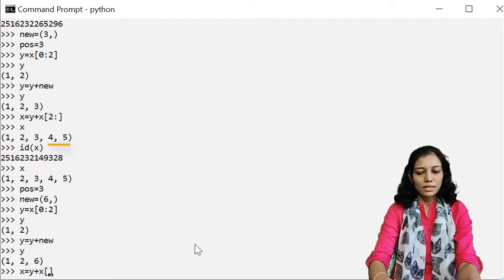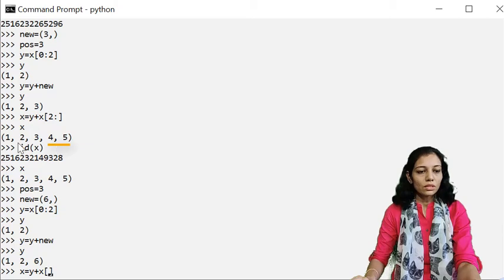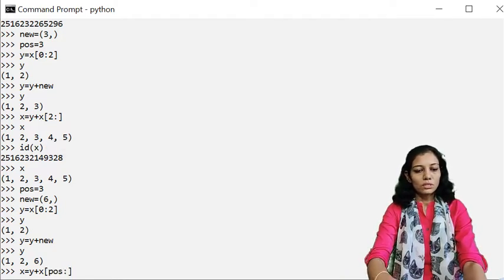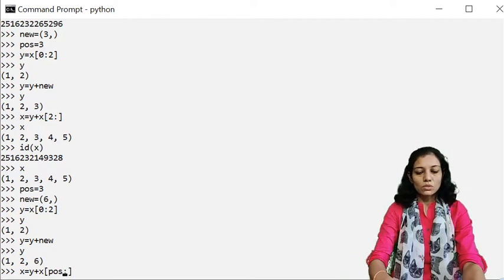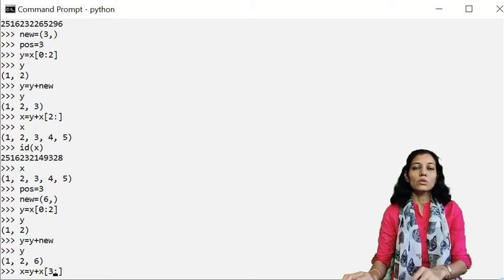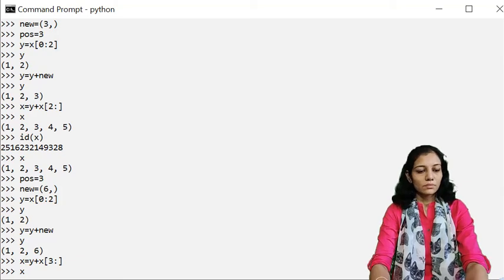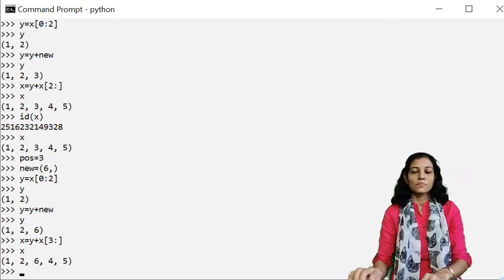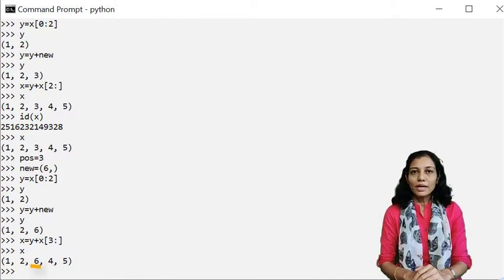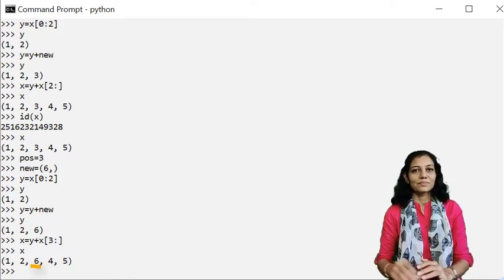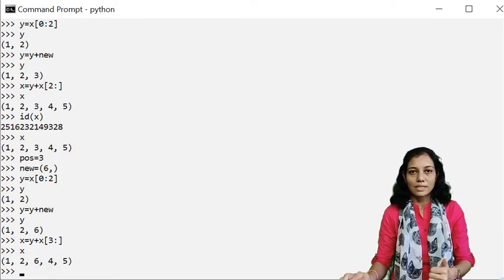Now the last step is to concatenate x with y, which is having 1, 2 and 6, and the rest of the elements of x. That is, what is the index of 4? We want 1, 2, 6, which is already there, and then 1, 2, 3, 4. Okay, 0, 1, 2 and 3. The index of 4 is 3. So I will have position 2 plus 1 to end. You can also write this, or directly write from 3, because 3 is the index of 4. So let us do that. Let us check whether it is having the desired output or not. Yes, it is. But just keep this in mind: this modified x and the original x are different tuples, as we have seen in the earlier example also.